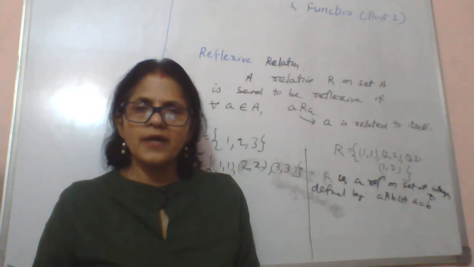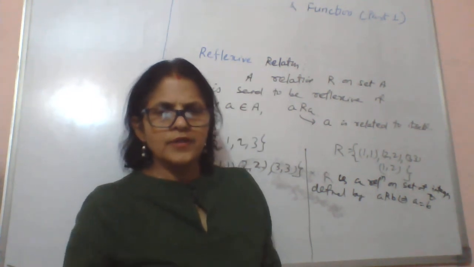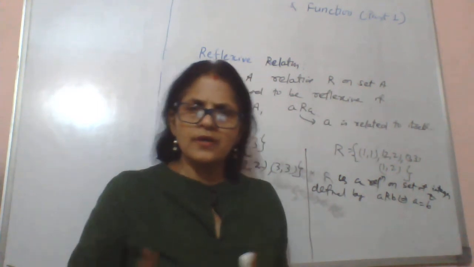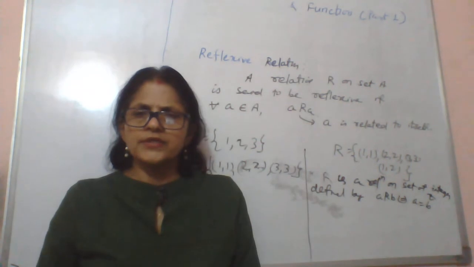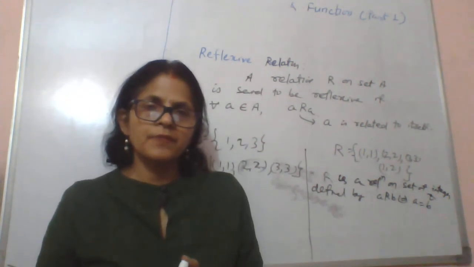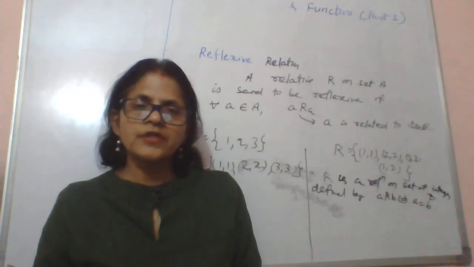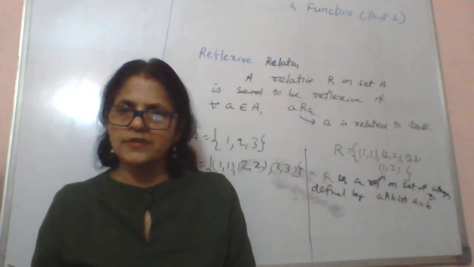Similarly, in case of lines, we say every line is parallel to itself, based on the condition that the angle between the same line is 0. Okay, 0 degree, 0 radian, whatever you take. But I can't say every line is perpendicular to itself. So "perpendicular to" cannot be taken as a reflexive relation.